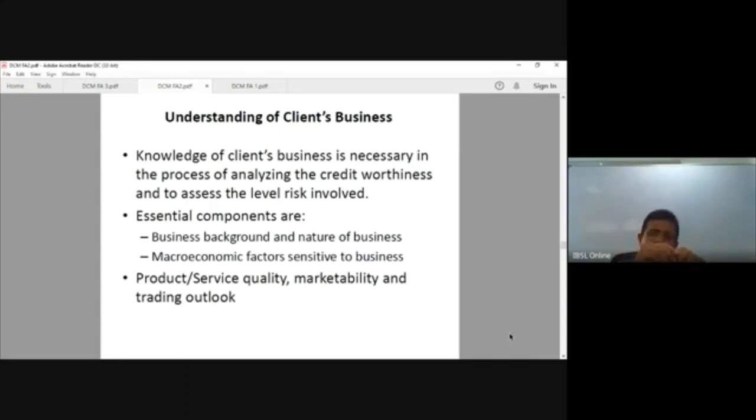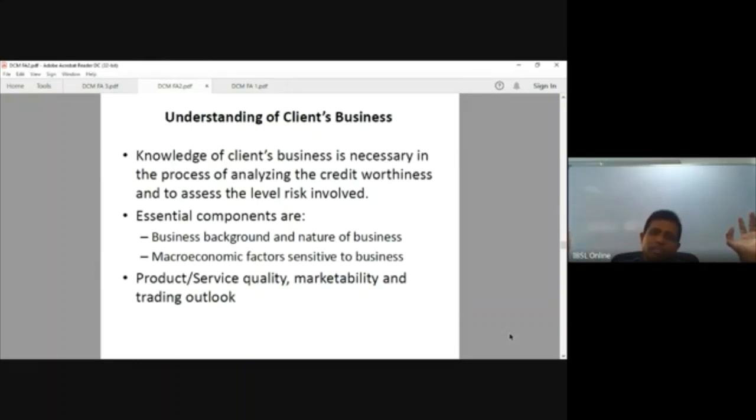For example, the trading category of the corporates will be handled by a separate relationship manager. Hospitals, all the hospital facilities, will be handled by a separate relationship manager. If it is leisure, hotels and everything, it will be handled by a separate relationship manager. Similarly, construction, education,